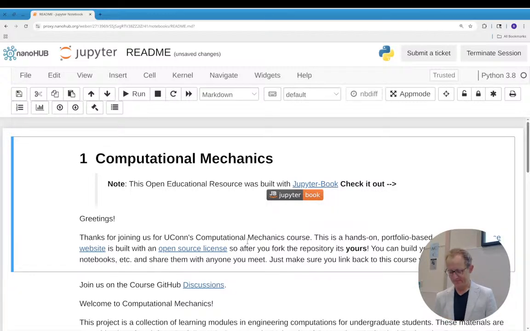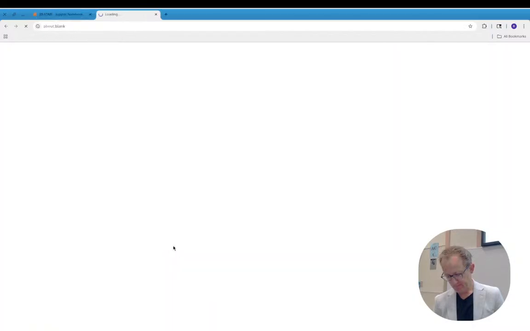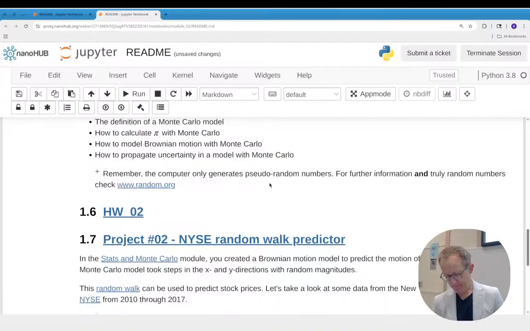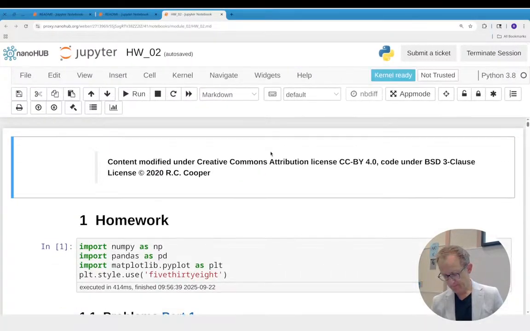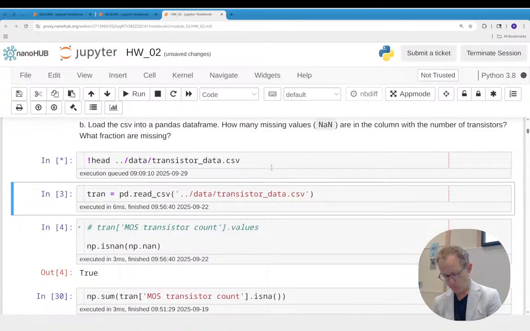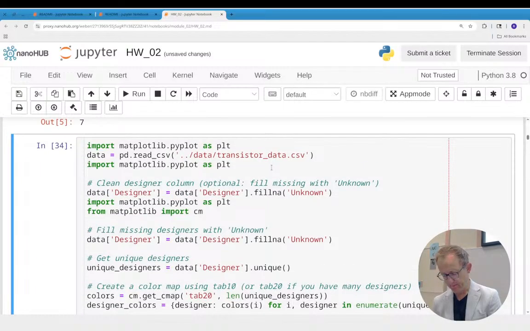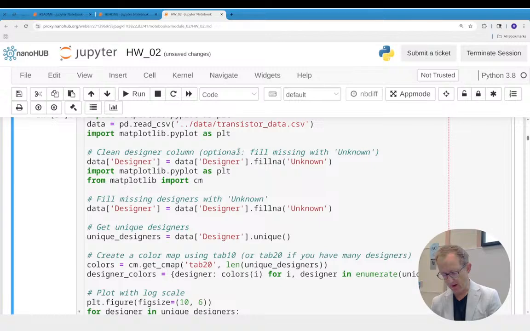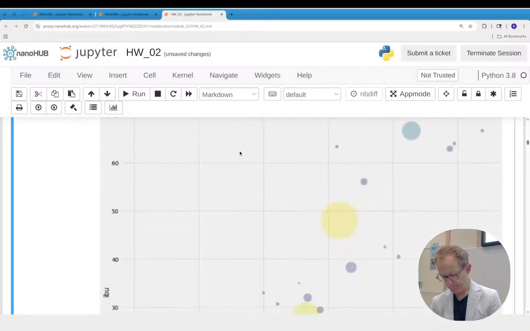Homework 2. I think we did like the first part already. Oh, and then I just like grabbed AI generated code there, but